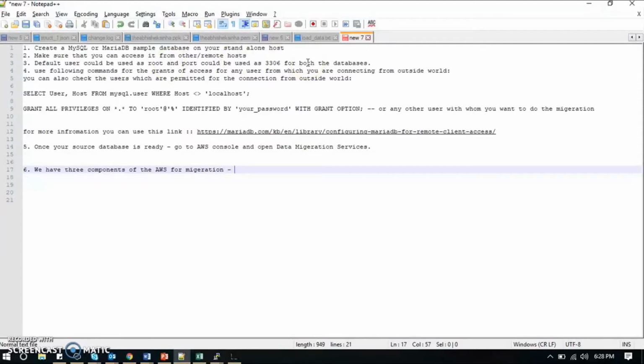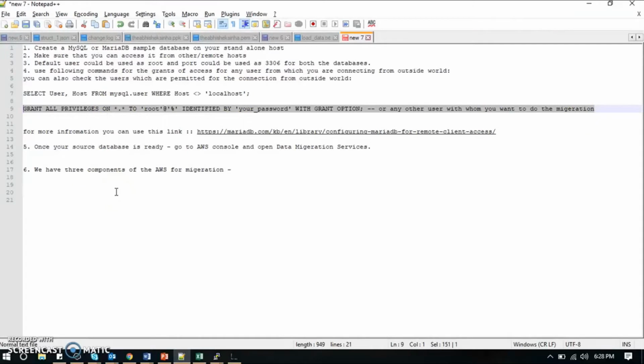In order to know how to do it, I'm going to add this particular link, and you can read it so that you can use MariaDB and let its users access the database from an external host. Once it is done, you can grant these privileges to root or any user of your choice, and then you can start the migration, and I will show you how to do it.